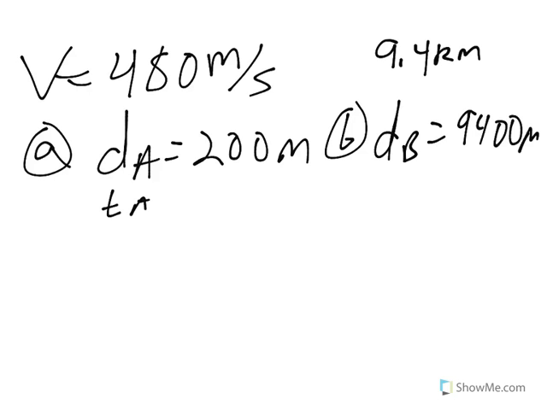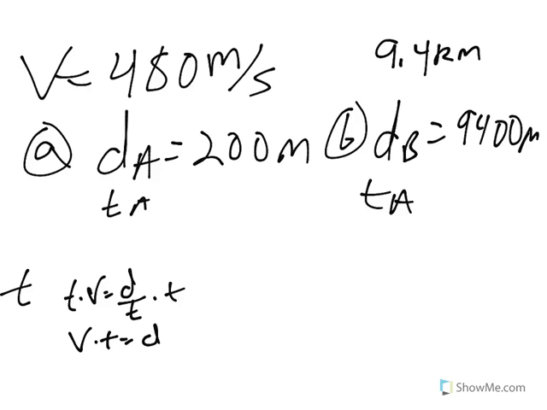So let's look at trying to figure out the times for both of these. Well, time is in the formula V is equal to D over T as well. If we solve for time, we multiply by T to get it out of the bottom. V times T equals D. So T is equal to D divided by V. So that means that time A is equal to 200 divided by 480, which gives us